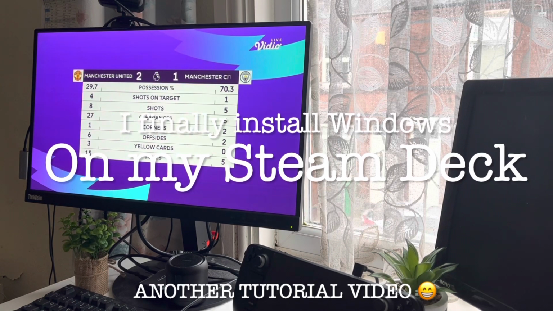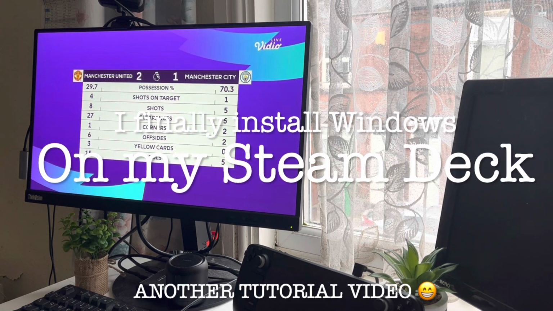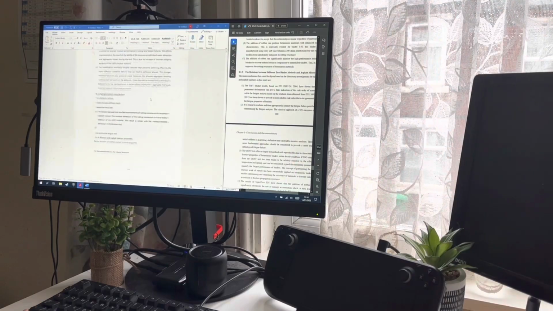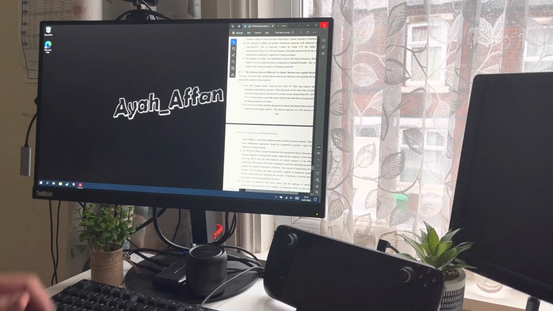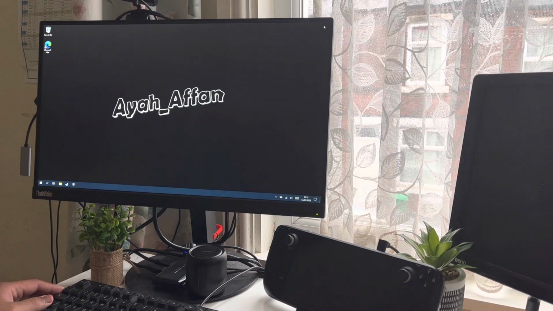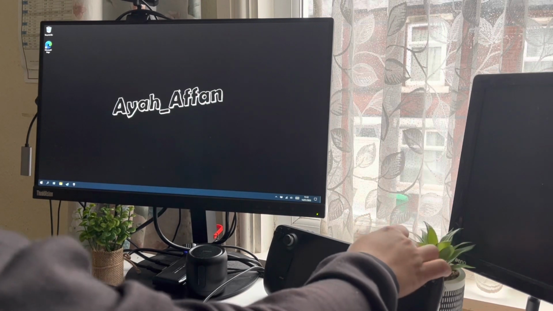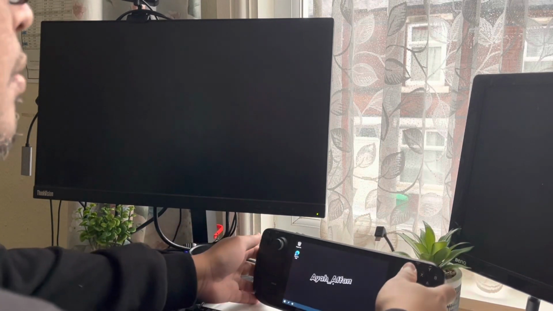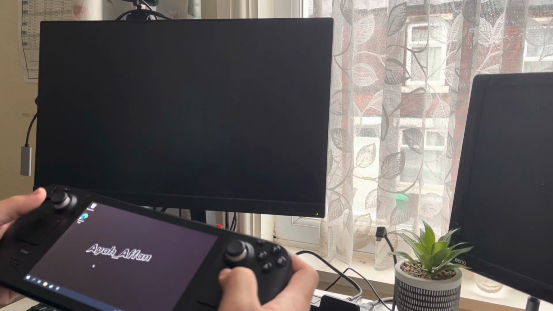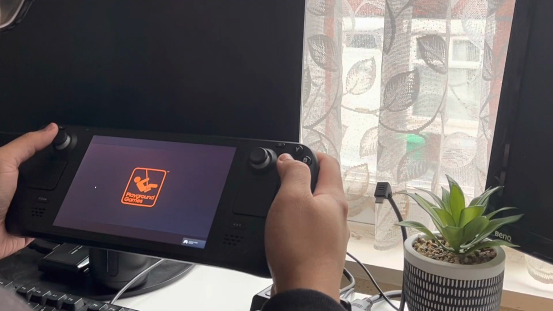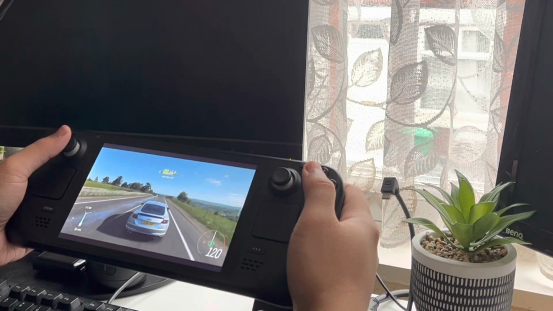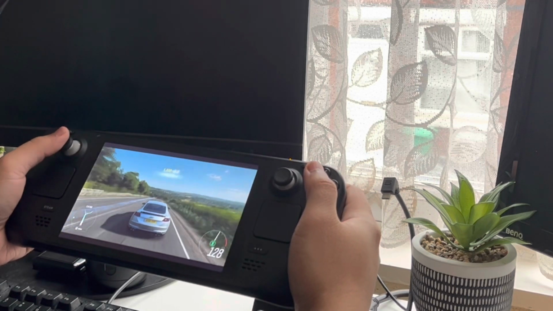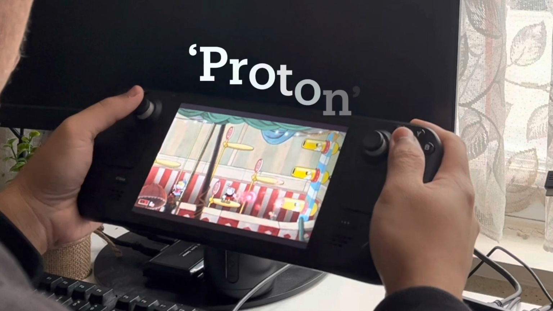Today we are going to talk about installing Windows on the Steam Deck. We know that we work with Windows a lot: spreadsheets, Word, everything basically in Windows. Sometimes we work with Mac or Linux, but for gaming we very often use Windows instead of another operating system. And talking about playing games on the Steam Deck, we have to remember that they rely completely on